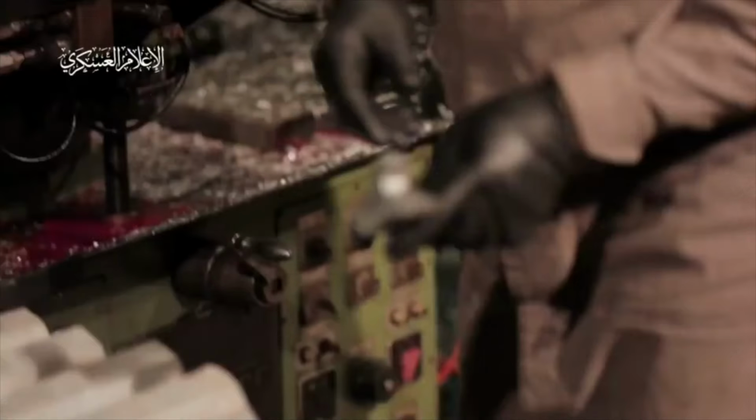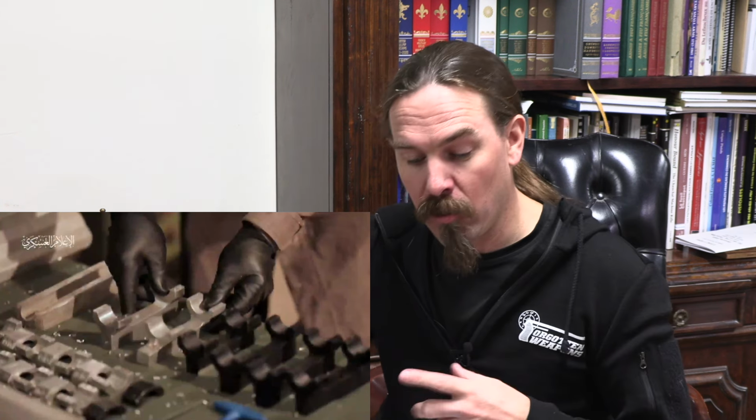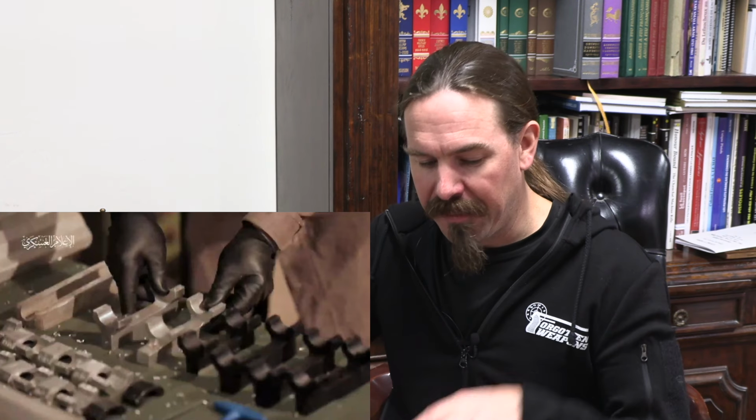We then see it further machined into the bottom section of a scope base. Then he puts this down on the table next to several other components, and we can see he's got some that are unfinished, some that are finished, and he's got a stack of the top bracket to go over the scope in that scope mount. This is an example where we actually see a selection of parts in a reasonable set of stages of actual manufacture. The rest of this, like what we see with those barrels and those bolt heads, reminds me